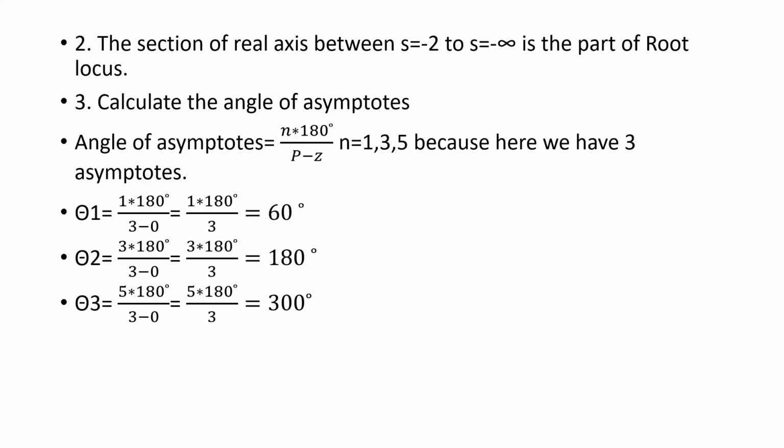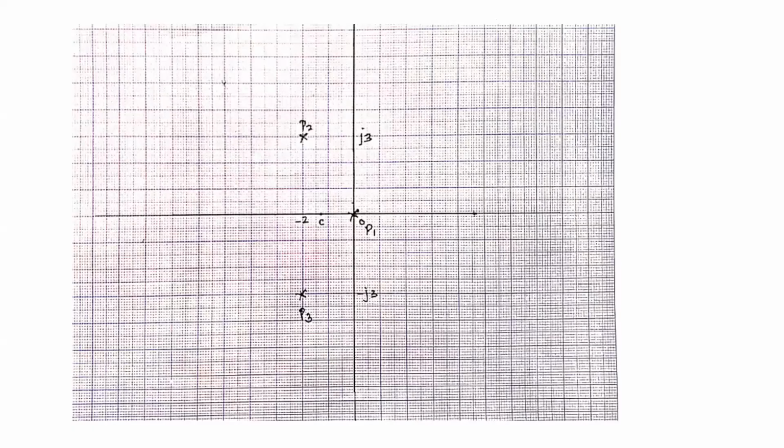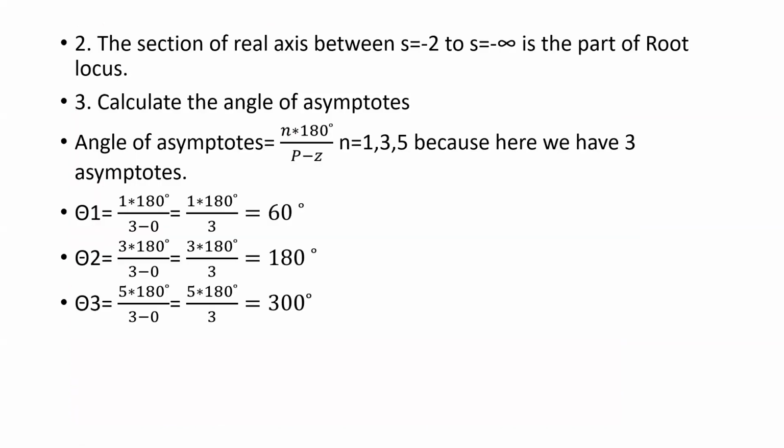Then again, the sections of the region which are root locus and non-root locus have to be identified. If I consider a point here, suppose this be C, towards the right of C, it is an odd number. If I consider something over here, after -2 also it is going to be an odd number. After -2 also it is an odd number. So the entire left-hand side of the real axis will be a root locus.